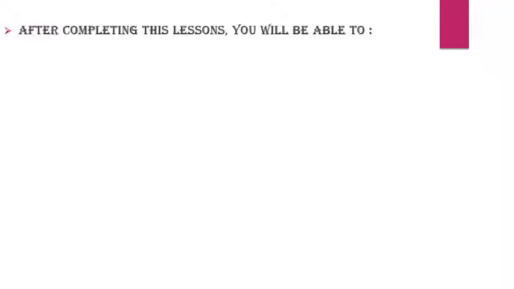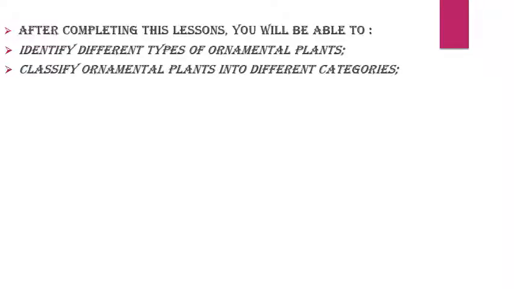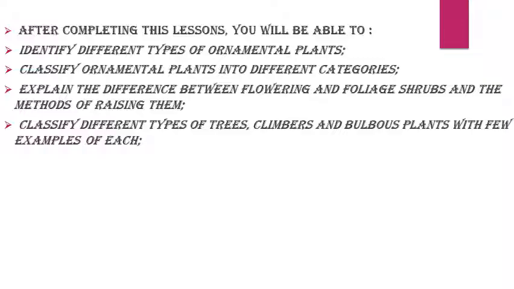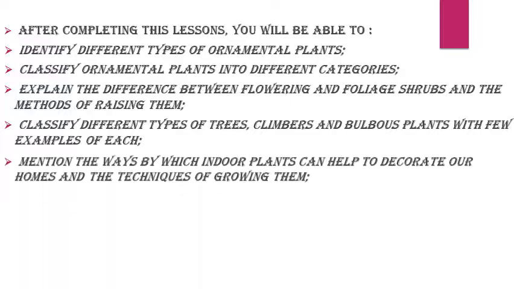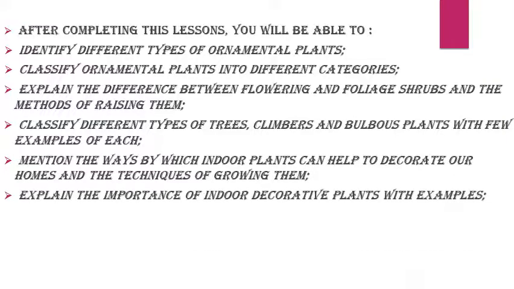After completing this lesson, you will be able to identify different types of ornamental plants, classify ornamental plants into different categories, explain the difference between flowering and foliage shrubs and the methods of raising them, classify different types of trees, climbers and bulbous plants with a few examples of each, mention the ways by which indoor